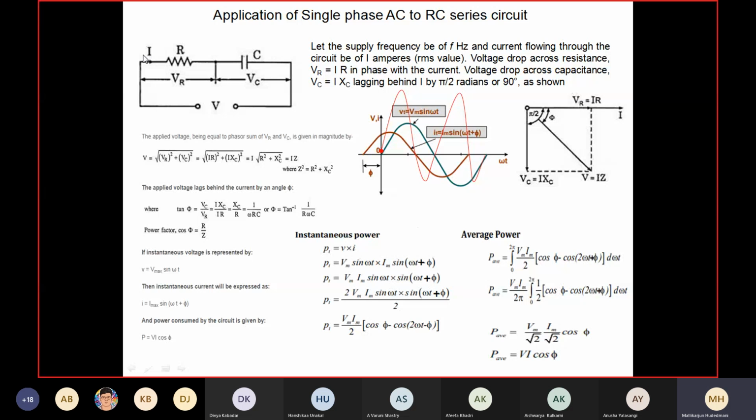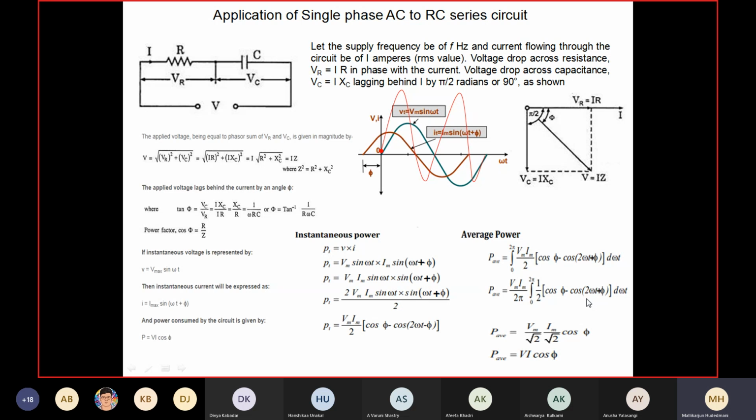When I integrate this equation, the first part, cos phi, I cannot integrate with the omega. It comes out as it is. The second term, cos integration goes to sine, sine with 0 and 2 pi goes 0. Second term absolutely goes 0. What is worried about is the first term. You cannot integrate, but what is integrable? D omega t becomes omega. Then if you substitute with the limit 2 pi and 0, you will get 2 pi minus 0 divided by 2 pi, cancels out. What remains is Vm Im by 2.